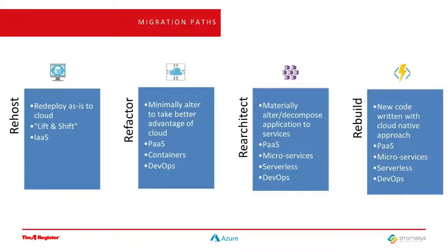Rather, we're finding that as we're going through and doing these engagements in architectures, we can do a hybrid where we can do a rehost or a refactor, where a component can be the lift and shift of the emulation technology, but we can concurrently take advantage of some of the new cloud technologies and append those to the architecture. So you're starting to have that bridge to modernization where, yes, your core high-risk valuable infrastructure that you're now moving into the cloud, moving into Azure, you can bring that over, but then you can do small other changes